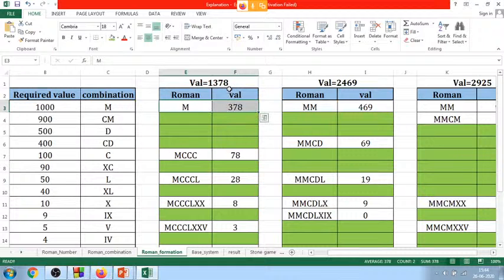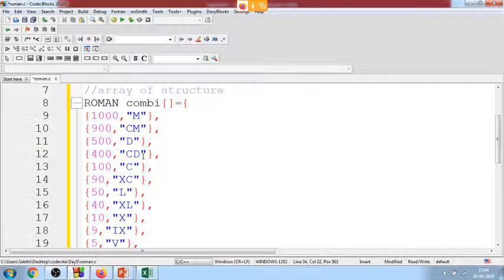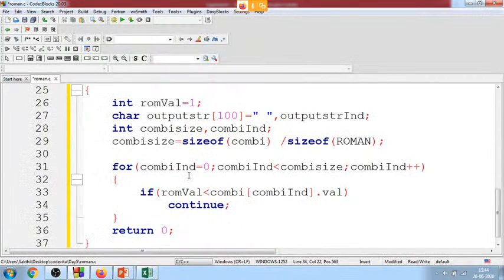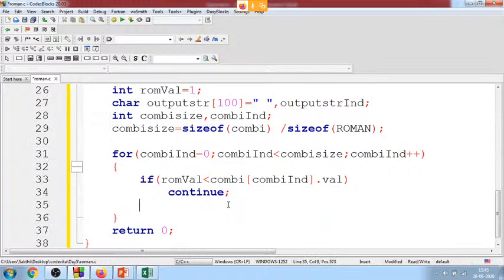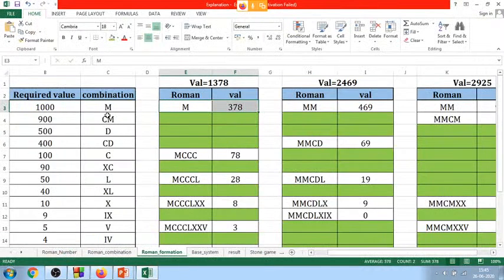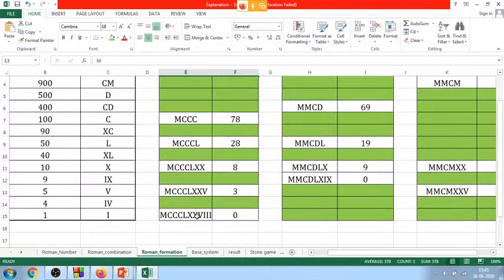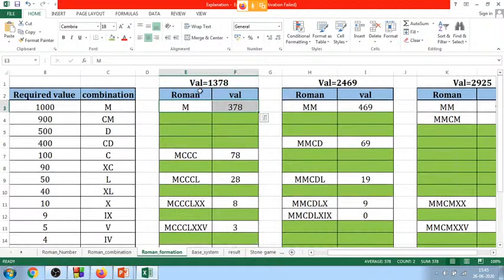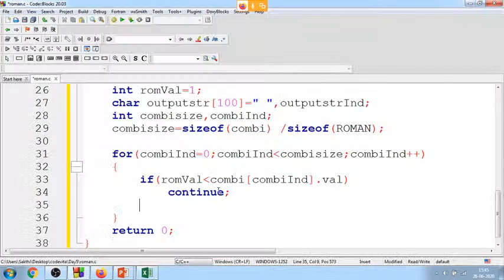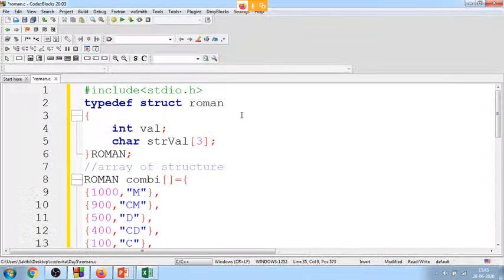Until I find this number is greater, I'll continue my iteration again. I'll move my index pointer. I'll never let it go down to form my Roman number. Fine. In case it is less, what am I supposed to do? I'm supposed to add the particular equivalent string value to the variable I declared, right? So I'm going to do concatenation, which is nothing but string